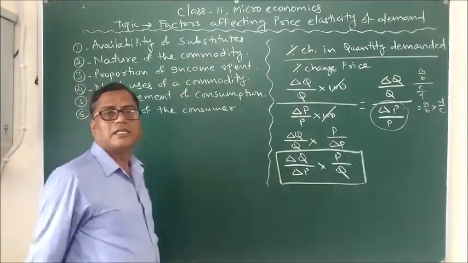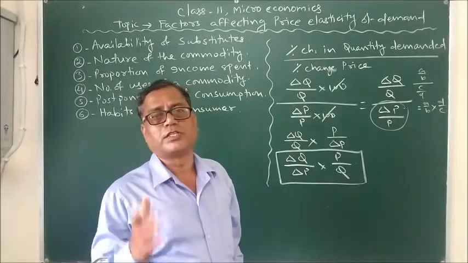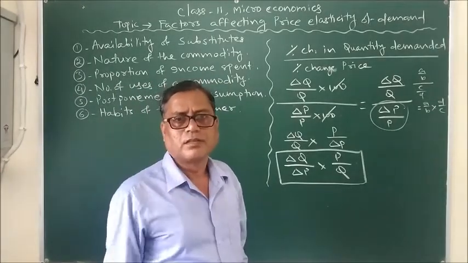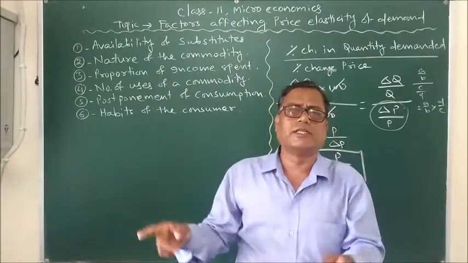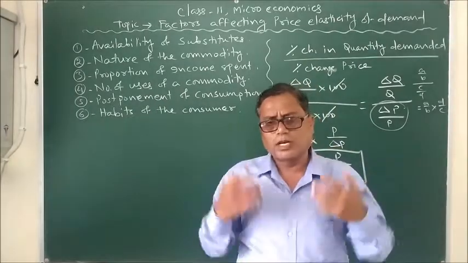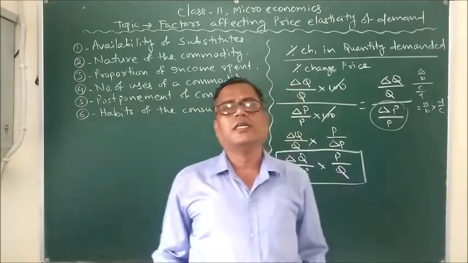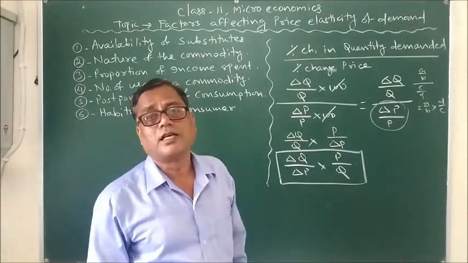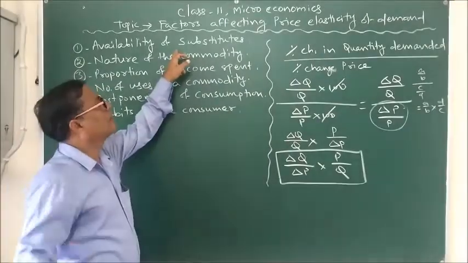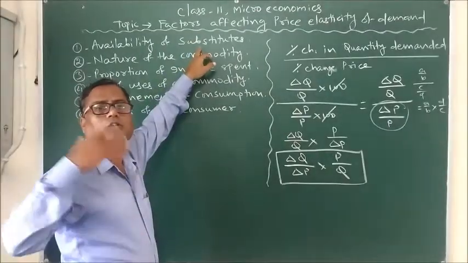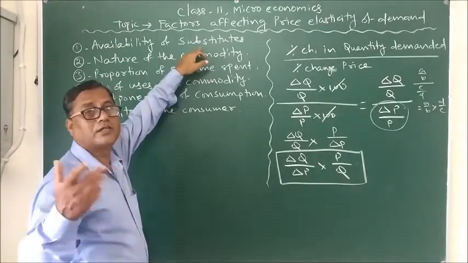On the other hand, if there are no close substitutes of a goods, then the price elasticity of demand would be very low. For example, the medicine for cancer. There is only one available medicine for the treatment of cancer. So whatever may be the change in its price, the patient is bound to use that medicine. Hence, the medicine for cancer has a very low degree of elasticity of demand. Thus, we can conclude that the more the number of substitutes, the higher the elasticity of demand, and the fewer the substitutes, the lower the elasticity of demand.